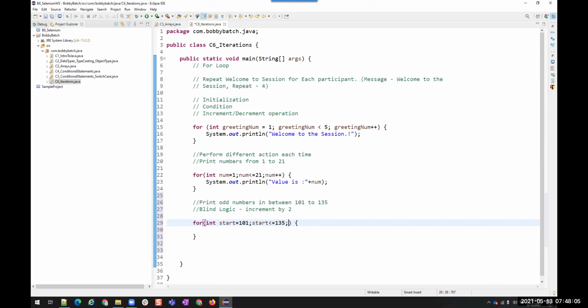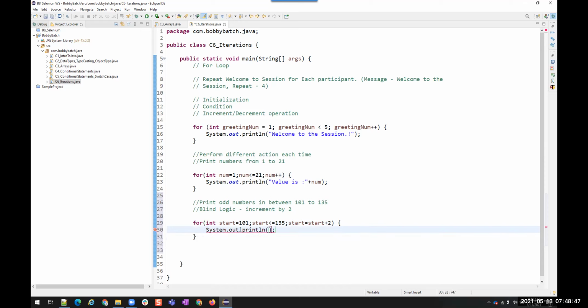And then the incrementation. If I use start plus plus, how many values is it increasing? It increases only 1 per iteration, but I want to increment by 2. So I have to assign it: start is equal to start plus 2. We cannot write start plus plus 2; it is not allowed. Only for incrementing by 1 do we have start plus plus. If you want to increment by anything other than 1, you have to write it like this. Clear?